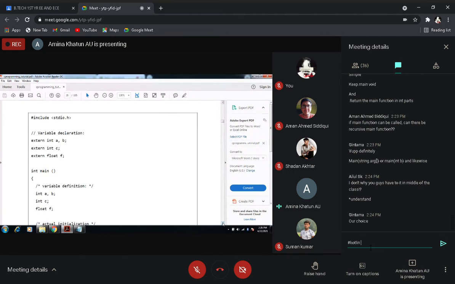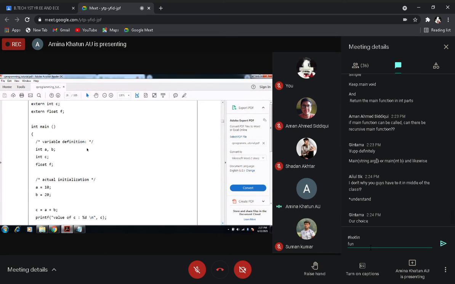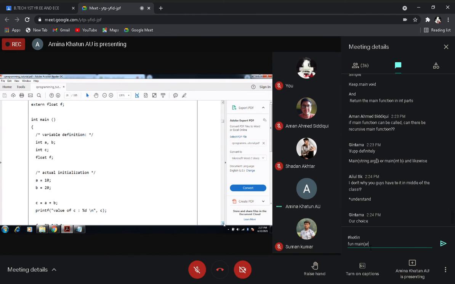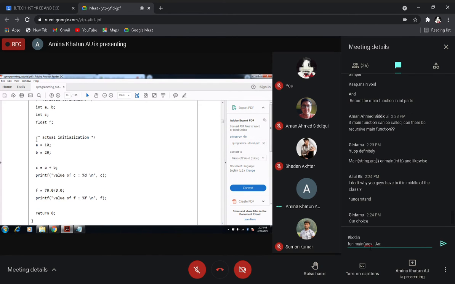So here is the main function, where we have a, b, c, different types of variables. We have defined them, this is the definition, variable declared. Now we have assigned values to a and b. Now we want to add a plus b, so we have put c equal to a plus b.